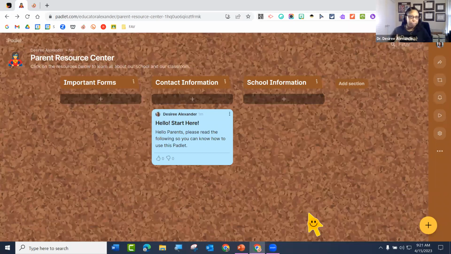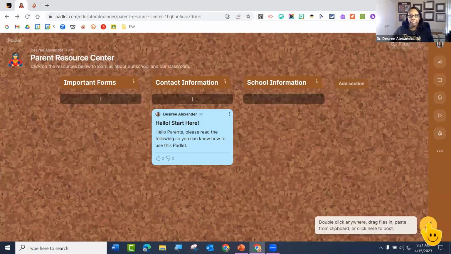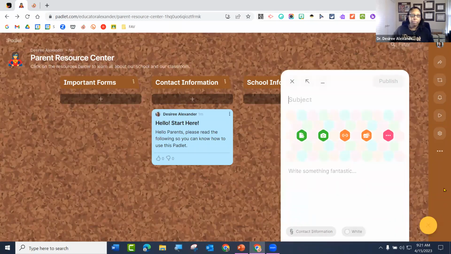I just want to add some text, but now I'm going to add all the other things that I can add. So I'm going to come back to the pencil. So let's work with me if you're working with me. We're going to come back to the pencil and let's look at all of the awesome things that we can add. Quite honestly, I never click on all these little buttons. Let me show you why.